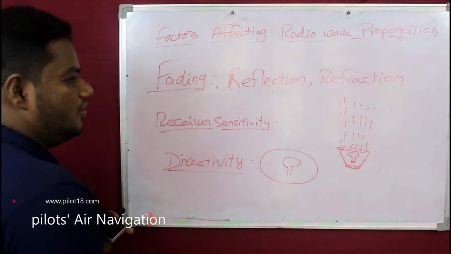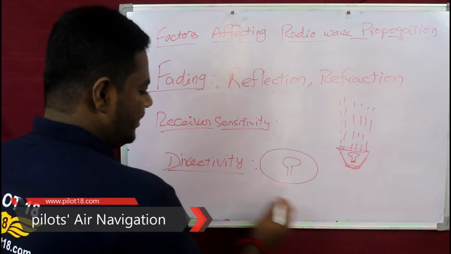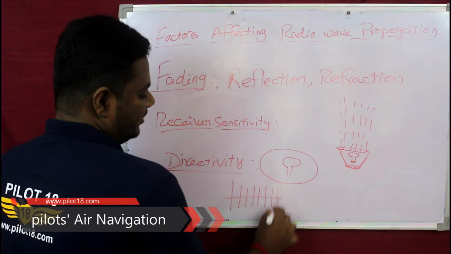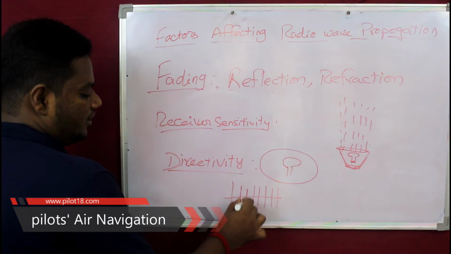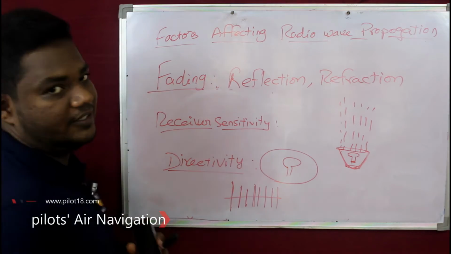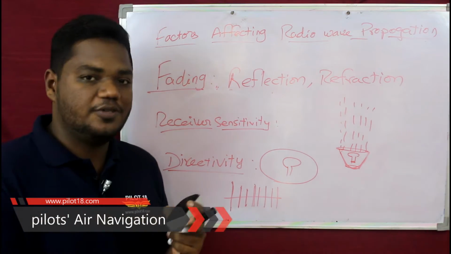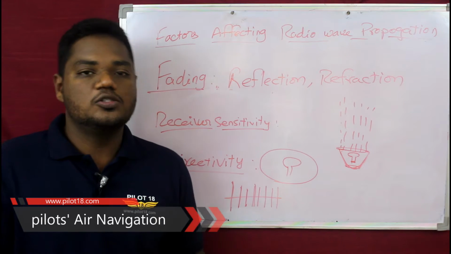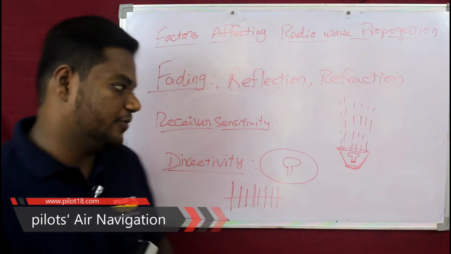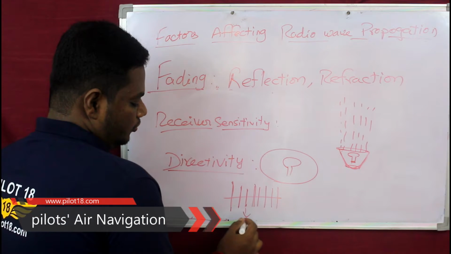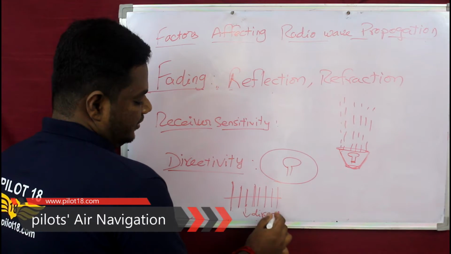Okay, and in olden times there were antennas like this, like a kind of needle. So these are rods which actually use a reflector so that they can transmit for a longer range and they can also pick up the weaker signals as well. So these are used for directivity,